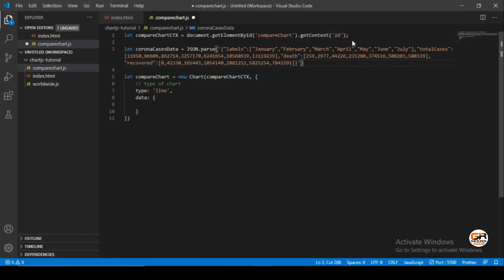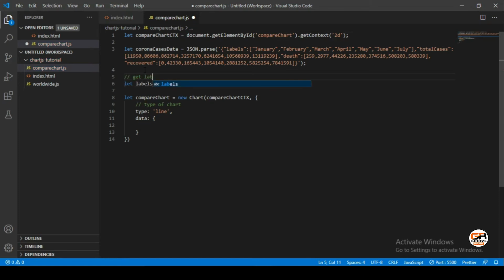And we will create a separate variable for labels and total cases, and for each of the keys inside the JSON data. Let's make labels, and just coronaCasesData.labels. I will put a comment here, get labels.